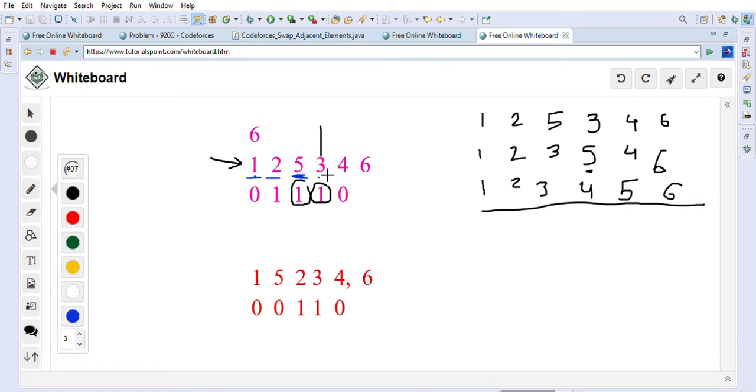So when we go to 3, basically we will keep track of the maximum number. Until this point the maximum will be 5, so we have 5 as maximum. When we reach 3, we are breaking the sorting, so it's not sorted now, because we are seeing a bigger element before the 3. 5 is bigger than 3 and we have already seen it. So we will check this maximum that we have seen so far.